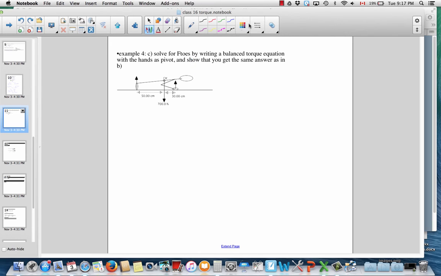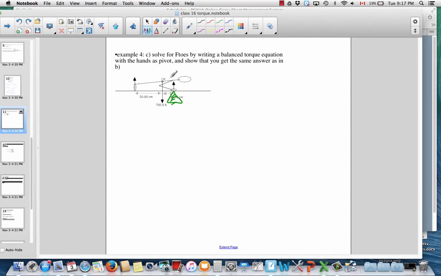Now, remember we said that any point could be the pivot point, and you could imagine putting it at the hands. Now, if you put it at the hands, we know that the force acting at that point, because of zero distance, is not going to produce any torque. So that means that the hand force unknown is not going to appear in this equation. The only two torques are going to come from the toe force and from the weight. So about this pivot point,